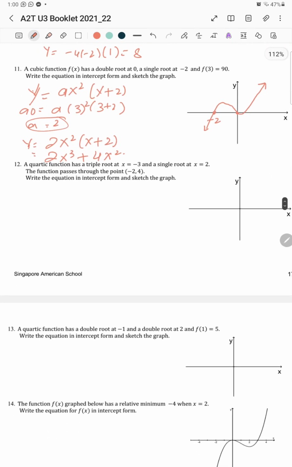A quartic function has a triple root at x is equal to -3,